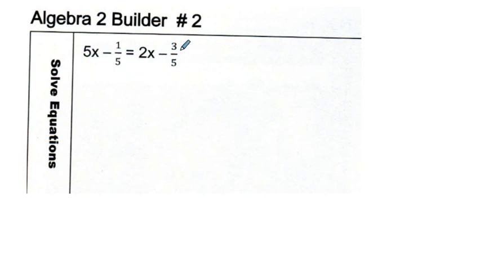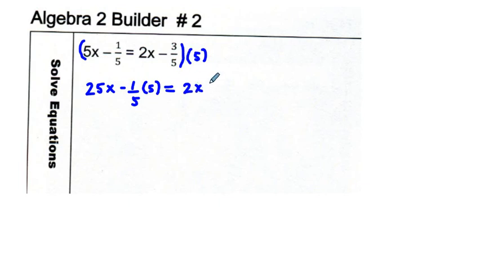The thing that I would like to do is get rid of these fractions. And the denominator of each of these fractions, 1/5 and 3/5, is 5. And so what I'm going to do is clear out that denominator by multiplying the entire equation by 5, both sides. And so we have 5 times 5x, which is going to be 25x. Then we have minus 1/5, and we're multiplying that by 5. And then equals, we have 2x